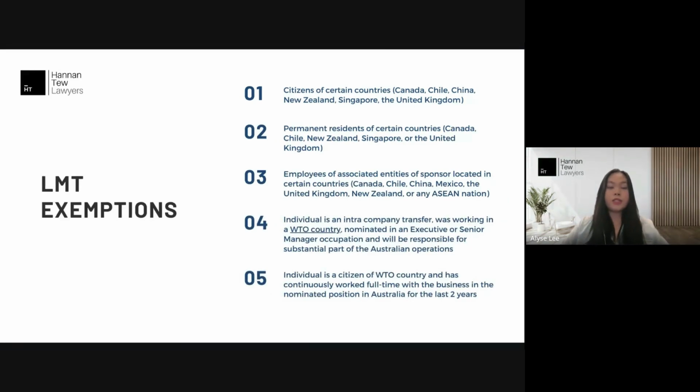There are exemptions to the LMT requirement, so if these are met, then no advertising needs to be completed. The first exemption, which is rarely used, is where there is a major disaster that's occurred in Australia and that has a significant impact on individuals, that the government response is required and the sponsorship is necessary to assist in disaster relief or recovery. It's not on the slide there because it's an exemption that has a very high threshold, so it's rarely used. What I'll go through are the ones that are more commonly used in practice.